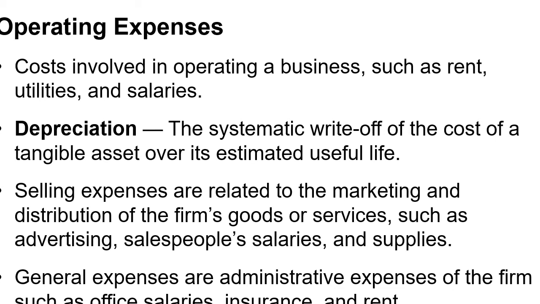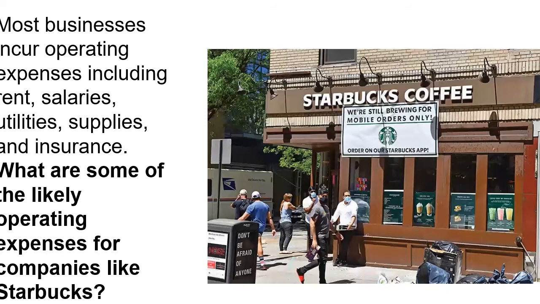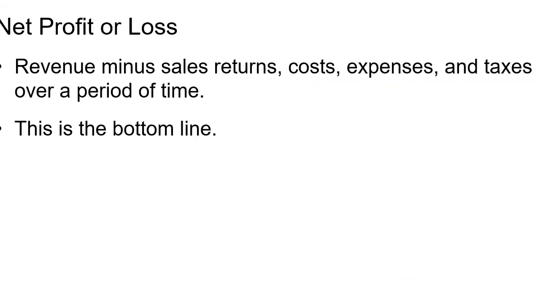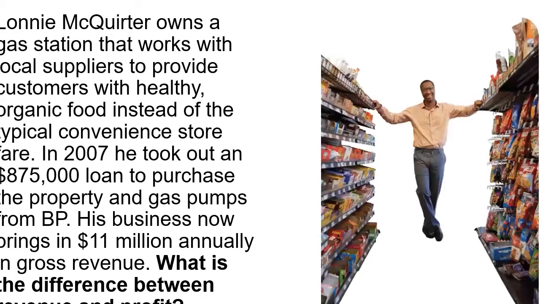So you have to know what depreciation is and know also what operating expenses are. These are the things that cost on a regular daily basis, usually referring to operating expenses over a 1-year period. At the end, the bottom line is either you have a net profit or a net loss. So revenue is the amount of money you bring in, and the profit is the amount of money that you have after you reduce expenses.